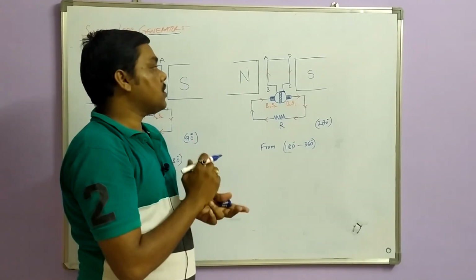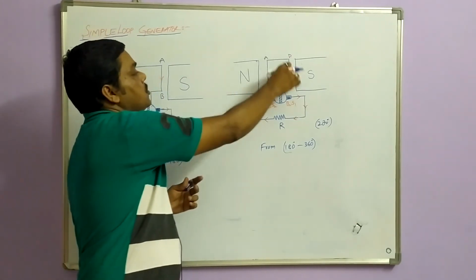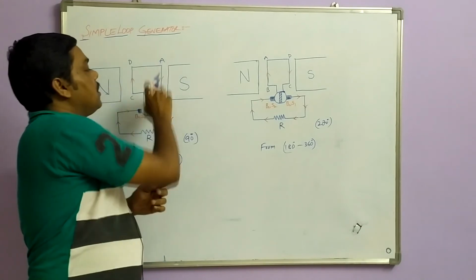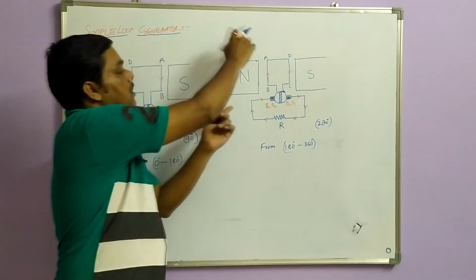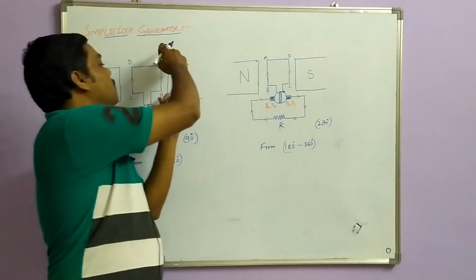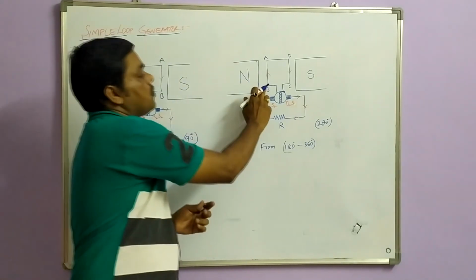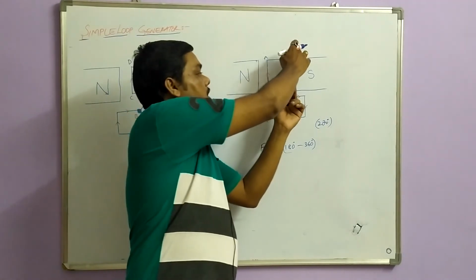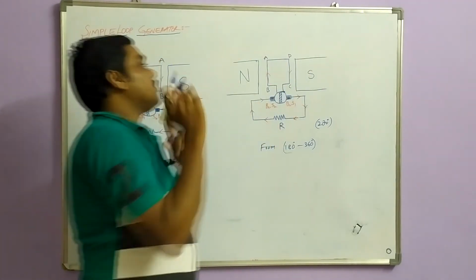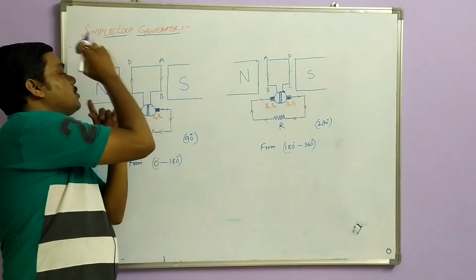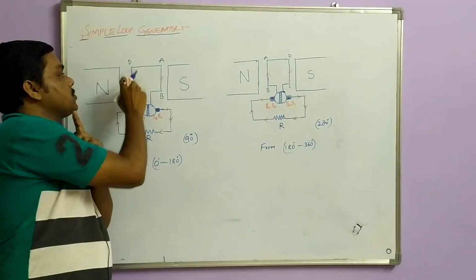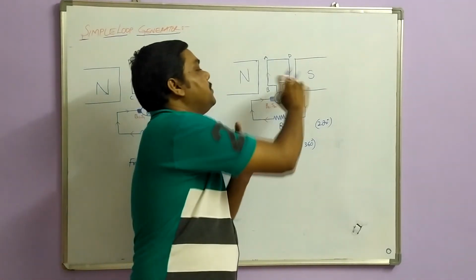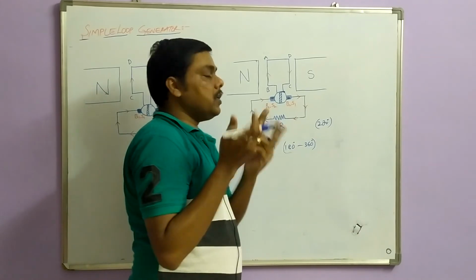So what is the reason for this? Now your conductor positions also change. Now your AB conductor is under the influence of the north pole, before it was the S pole, and the direction of current is B to A. And your DC conductor is under the influence of the S pole. Initially it was the north pole and the current direction was from C to D. Now it is D to C. But you want unidirectional current.